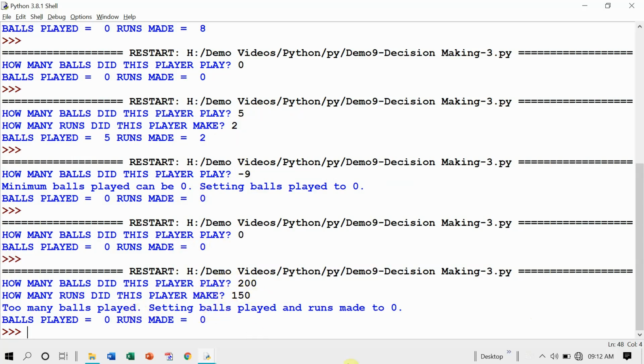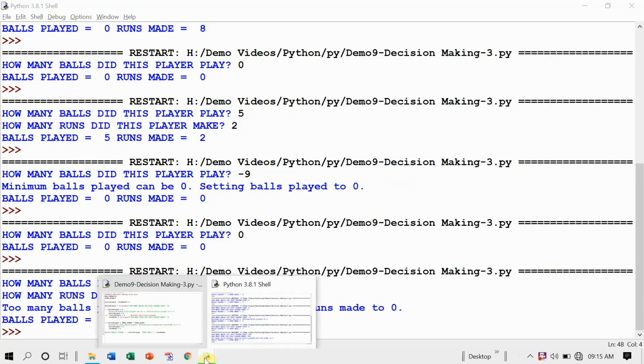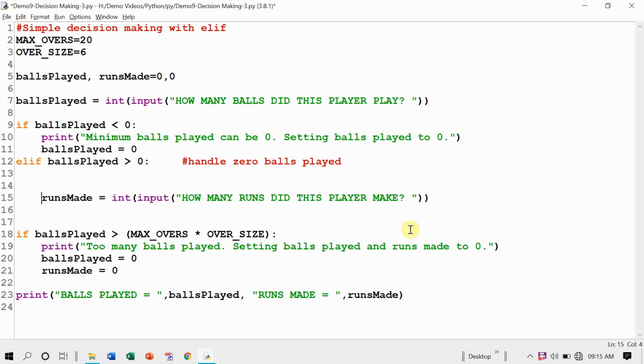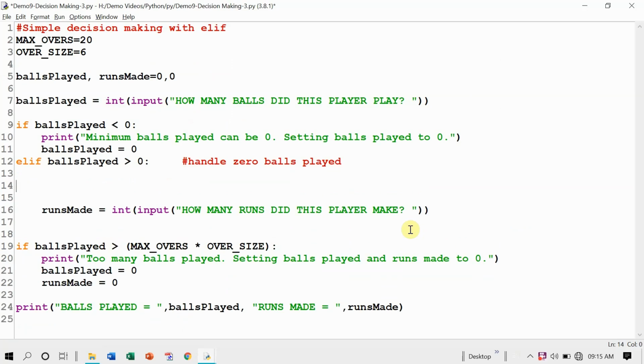So let us go back to our program and let us see what changes we are yet to make to handle this situation. So the problem lies somewhere here. So you see, step by step we are enhancing our program and see how elif was used.